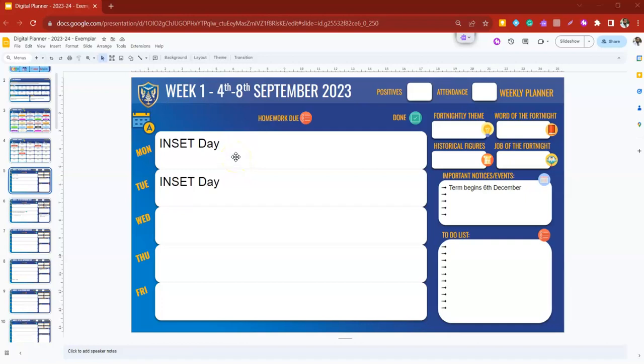This video demonstrates how to use the week by week function of your digital planner. How you go about using this is ultimately up to you, but there are a couple of basic ideas and principles that would be helpful to keep you organized, particularly in terms of making sure you know when homework is due, when you're going to revise for that test, when you're going to put time aside to do that,